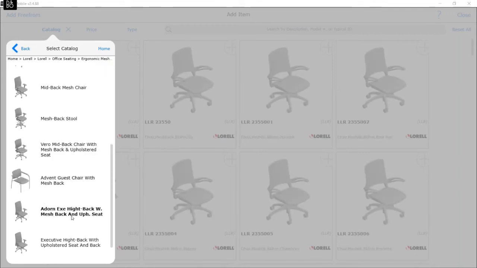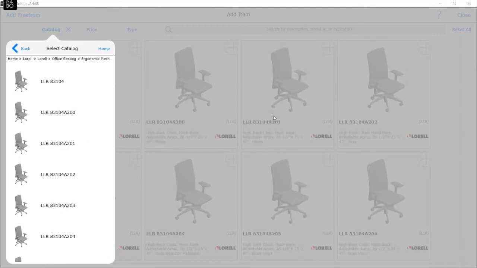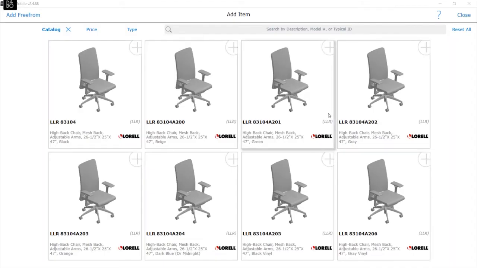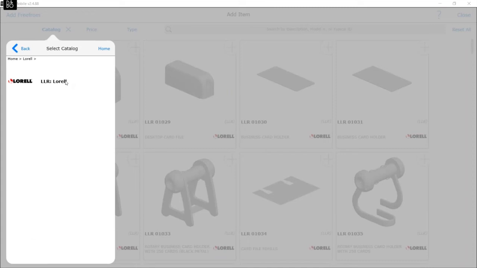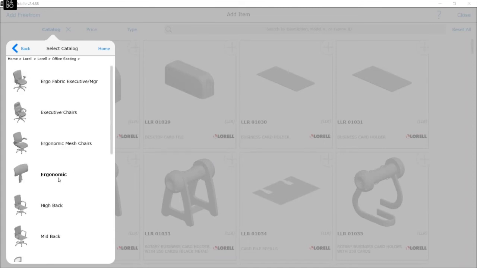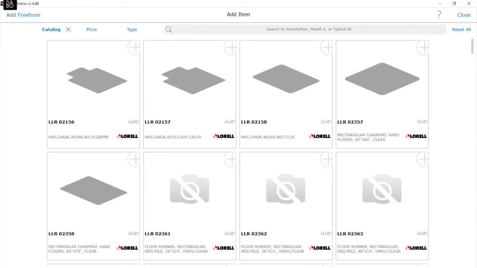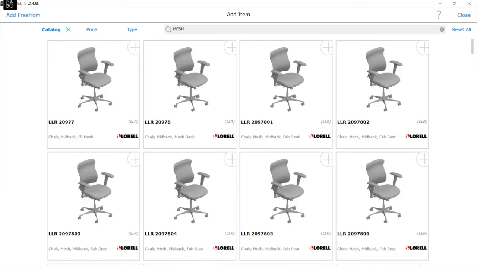Here I can see we have Adorn. Let's click on the thumbnails, and you can see I have all these options available for me. Or again, just to show you, if we went through that route and clicked on Office Seating, if I use the search to search for mesh, I can see